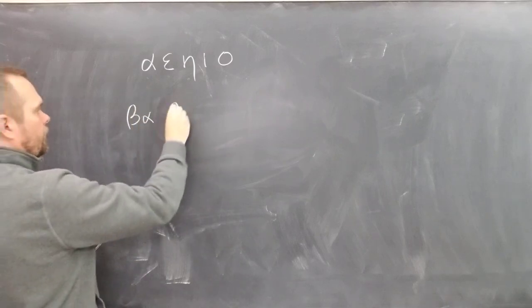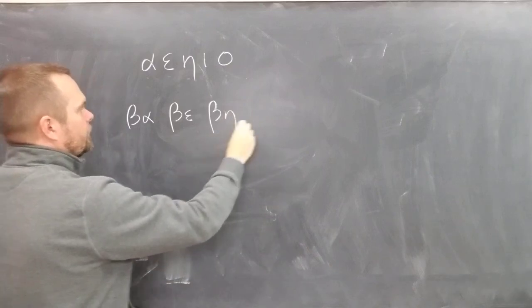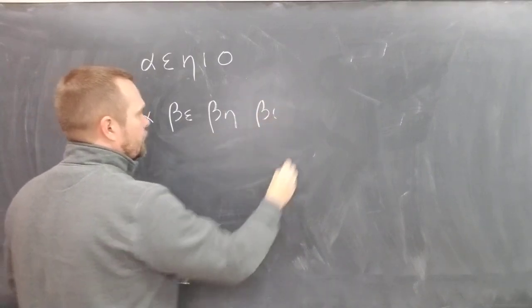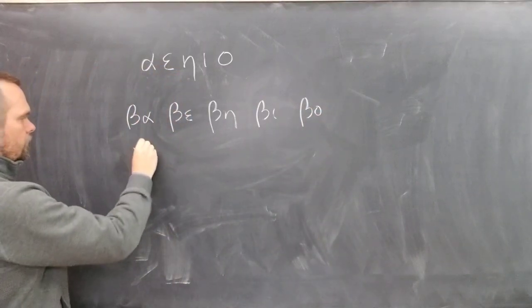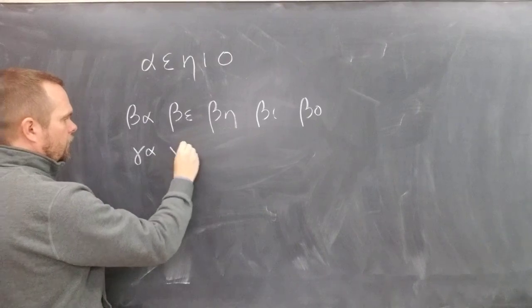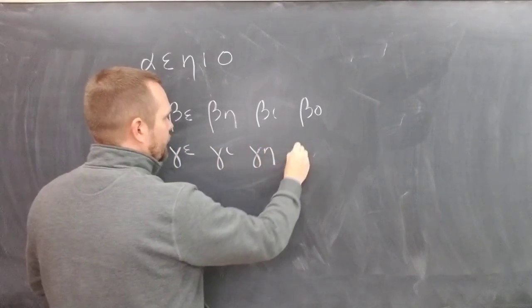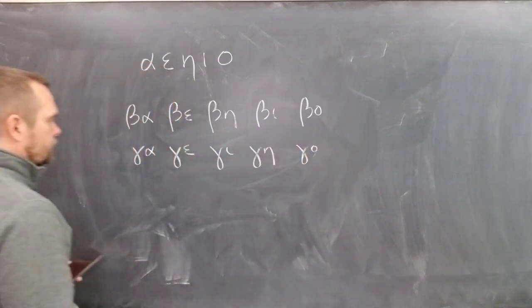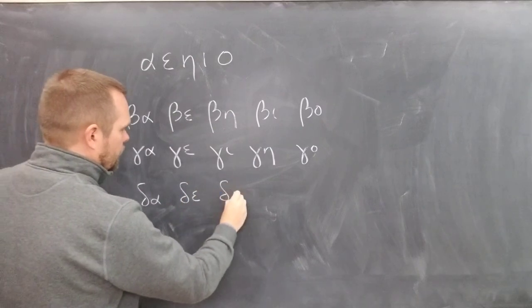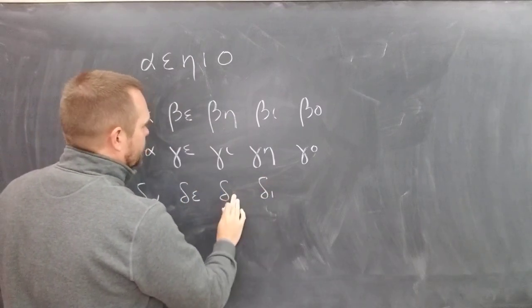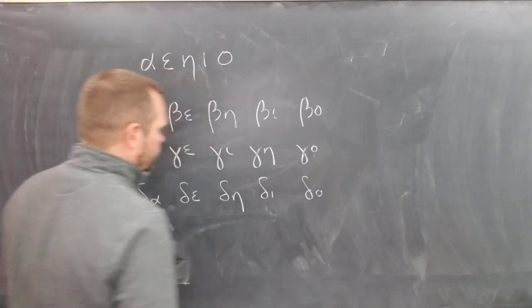Ba, be, be, bi, bo, ga, ge, gi, ge, go, da, de, di. Actually, I should put eta here. De, di, do,